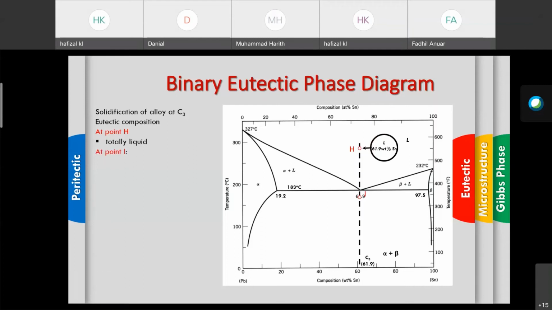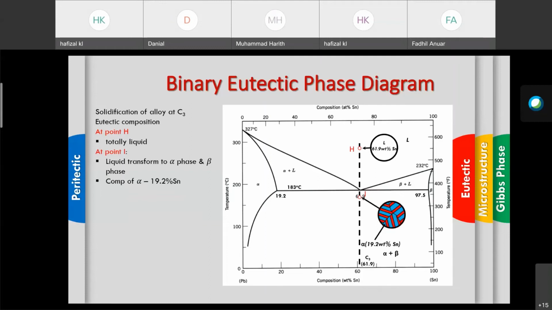And then we have at point I, whereby the temperature is lower than 183 degrees Celsius. At this point, we have the transformation from the liquid, and then we have the transformation into alpha and beta. Okay, and we can see a lamella sandwiched between the